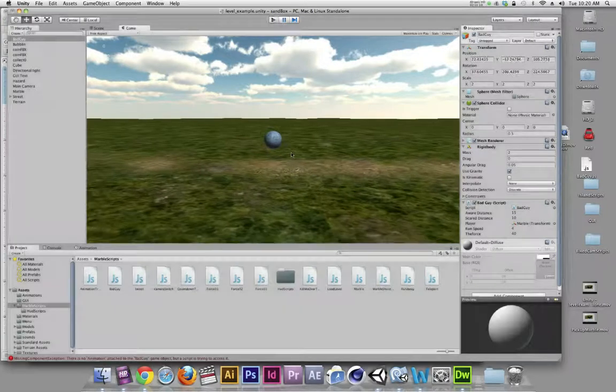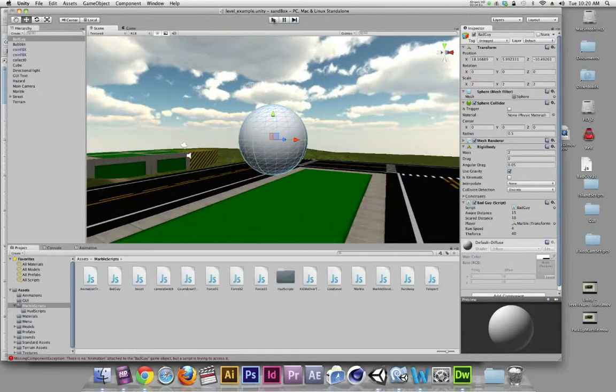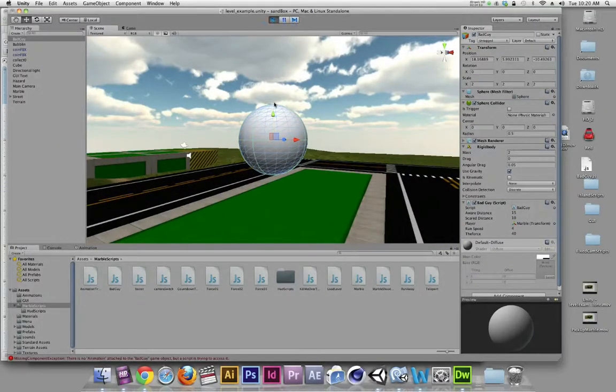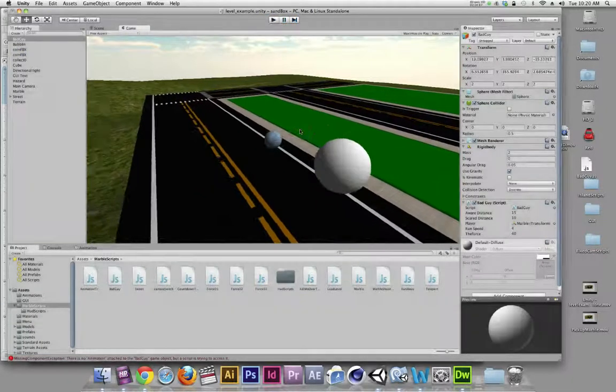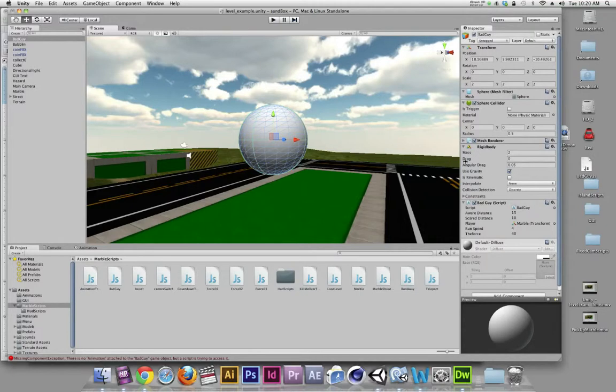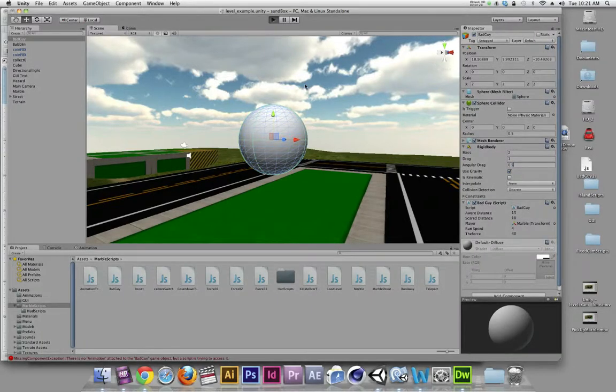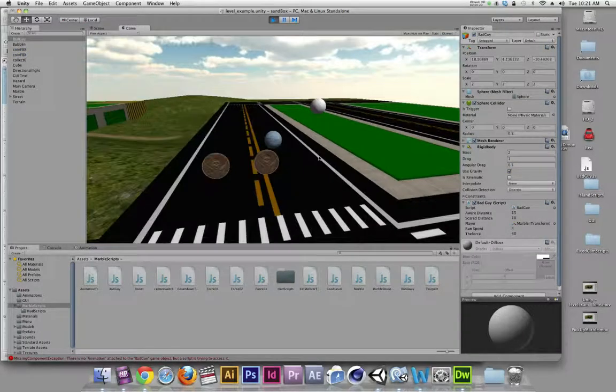There it goes. Okay, and the reason for that is because it's receiving a force just like we are, but we're doing it through a key input. All we have to do, with the bad guy selected, is a simple fix: increase the drag. And the drag is how much resistance this marble is facing in this world. I'll just bump that up to 1, and I'm just experimenting, and instead of 0.05 for the angular drag, I'll set it to 0.5, and now when I hit the play button, the result is it will come to a